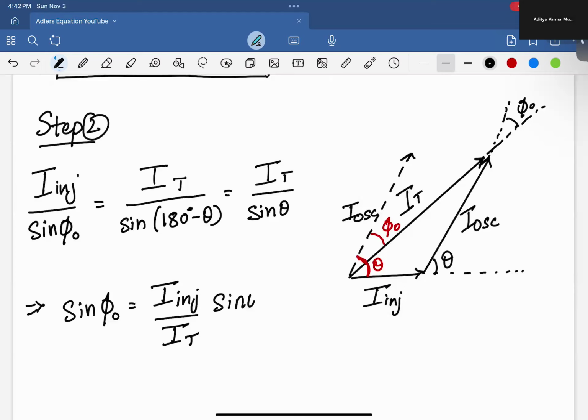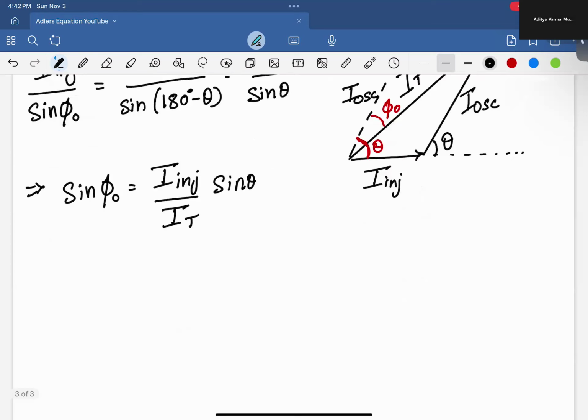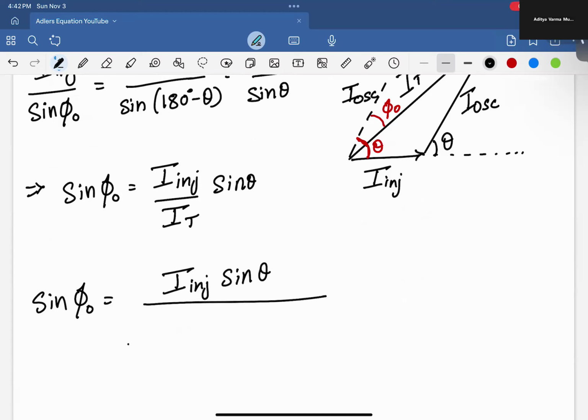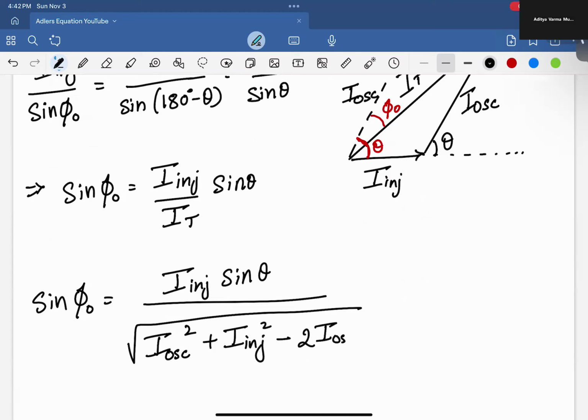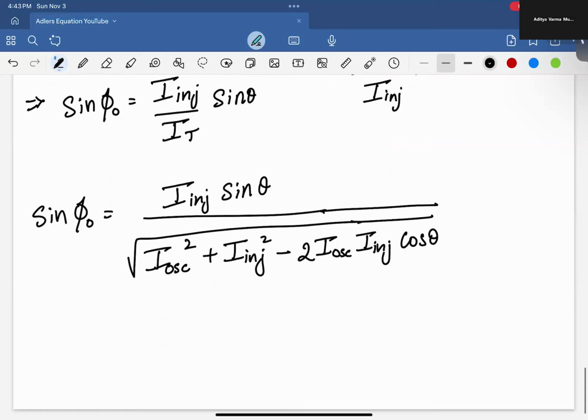And then from law of cosines, earlier we used law of sines, now we use law of cosines. We can write this as I injection sine theta divided by square root of I oscillation squared plus I injection squared minus 2 times I oscillation I injection times cosine theta, right? So that's the law of cosines, like a generalization of Pythagoras theorem. Okay, and then we make this assumption that,